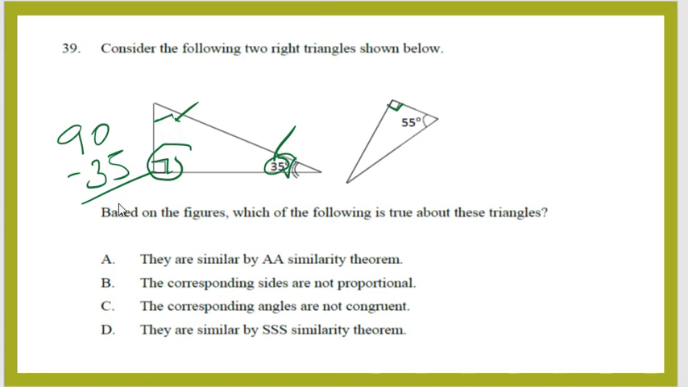When you take the difference, it's going to be 55. So this will be 55. So one of the angles here is 55. So this 55 means it's also 55 degrees here. So the two triangles are similar by the angle-angle similarity theorem. So they are similar by the angle-angle similarity theorem. So the answer is going to be A. Now we are going to go to the last